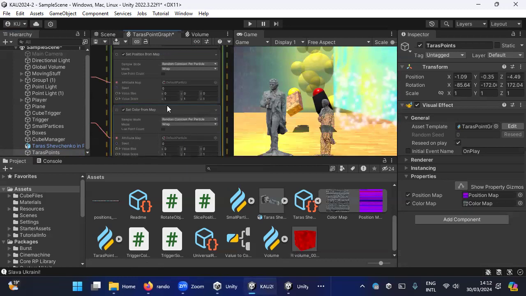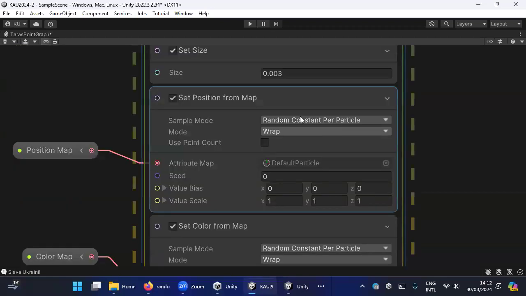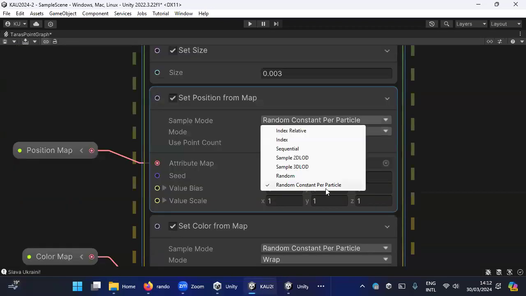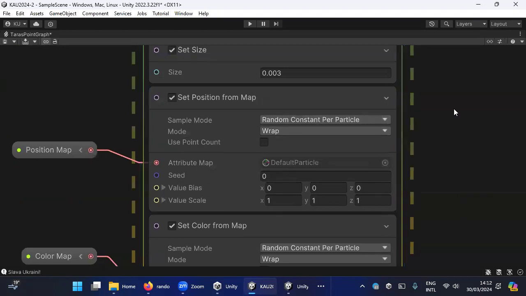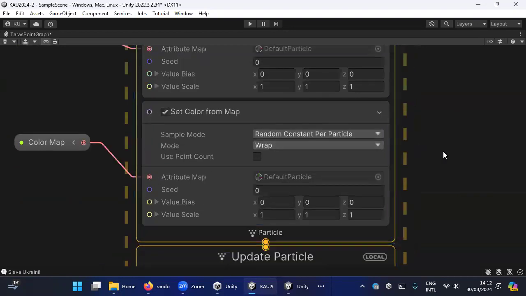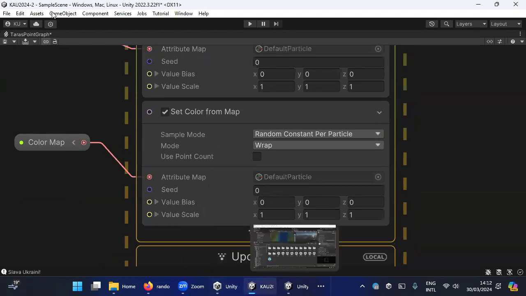Yeah, okay, so one thing, in the sample mode, make it constant per particle. Where? In the graph, here, like this, random constant per particle. And now,